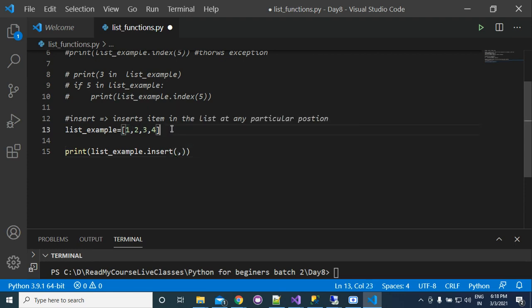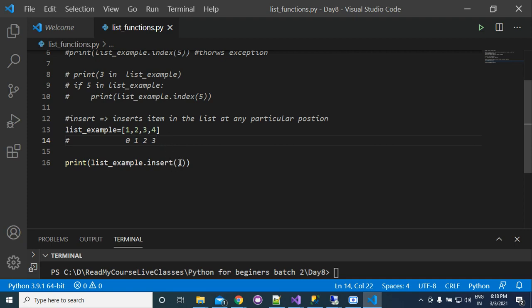Suppose that this is the 0 position, this is the 1 position, this is index 2, and this is index 3. We want to put 5, so we are passing 5, and we want to put it at index 2, so we will pass 2 here. So now what will happen? The value will be inserted there, and then 3 and 4 will be after it in the list.